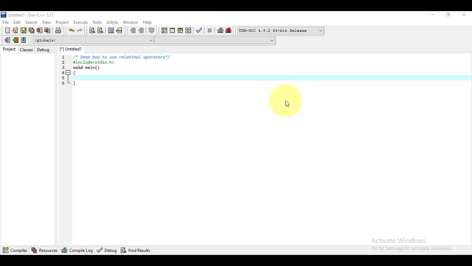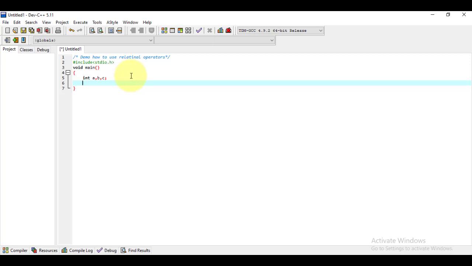And I have declared the void main function, and here I am going to write the program. So first I am going to declare the variables. I am declaring the variables of type int: int a, then variable b, and the variable c. I have declared three variables here with the names a, b, and c. So this is the demo program. Otherwise, whenever you write an actual program, your variable names should be meaningful.